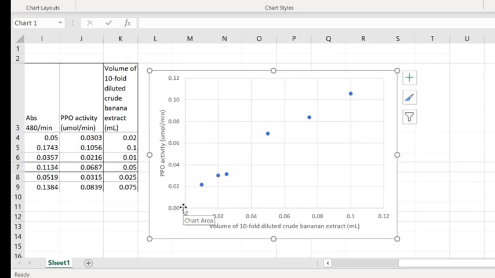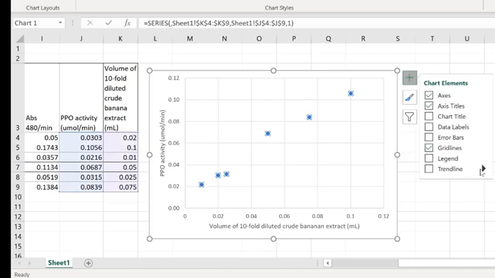Now, one thing to consider, though, is that even without the enzyme, dopamine and oxygen can still react with one another. So in your measurements, you probably have a data point with 0 milliliter or 0 microliter of crude banana extract, and you can confirm that there is maybe some slight activity, but not much. So because of these considerations that there is this background reaction, I'm not going to force the data curve through 0. So as I select the data,